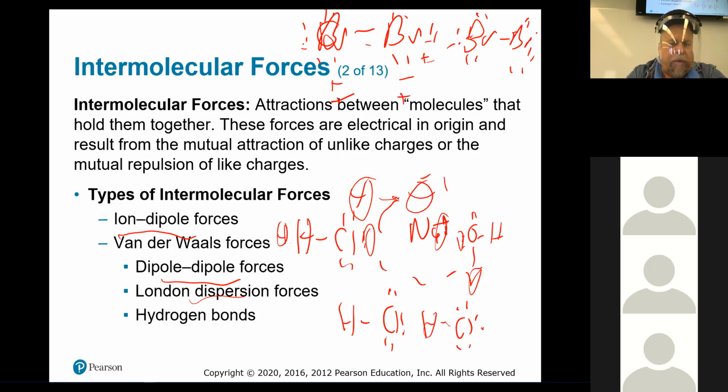And lastly, hydrogen bonds is the next one, and that's the interaction between oxygen and hydrogen in water. So essentially, water will expand on freezing. These are the interactions there for hydrogen as well.